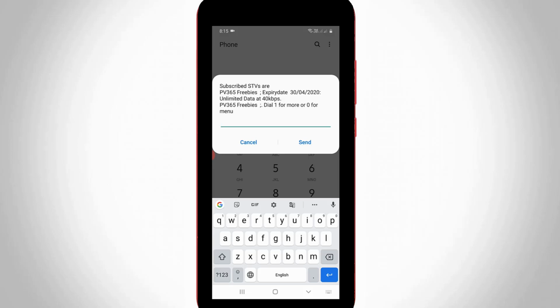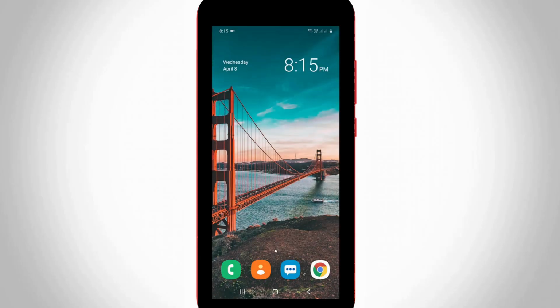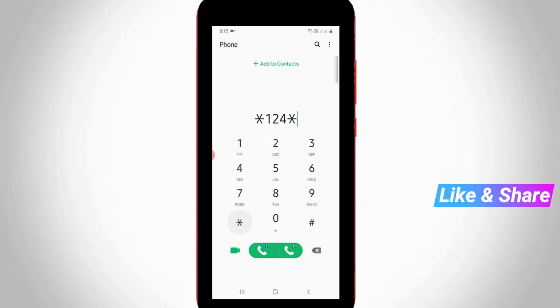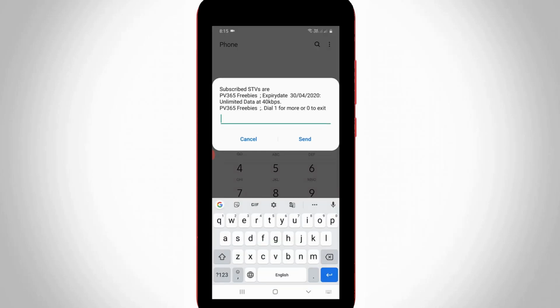So if you feel this method is very complicated, now you can follow this another trick. So just open your mobile keypad and then type this following USSD code and then click to send this request by using your BSNL SIM card. So here you can see, this USSD code also shows the same mobile data balance information. So by using these two methods, you can easily check your BSNL mobile data balance.